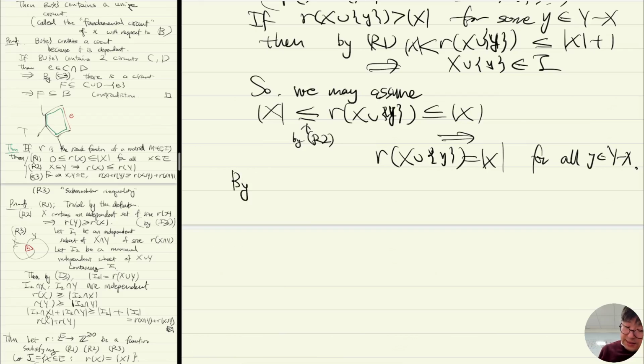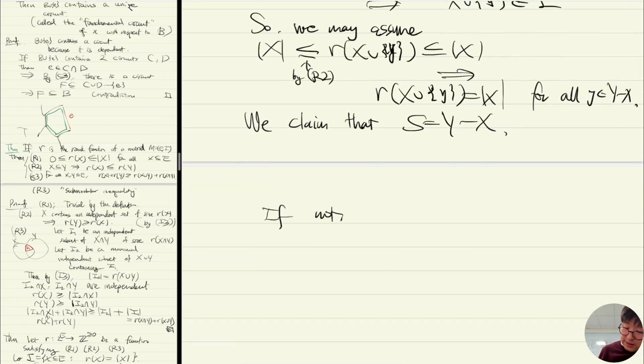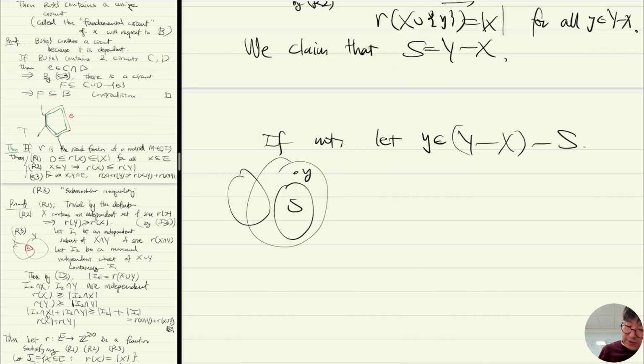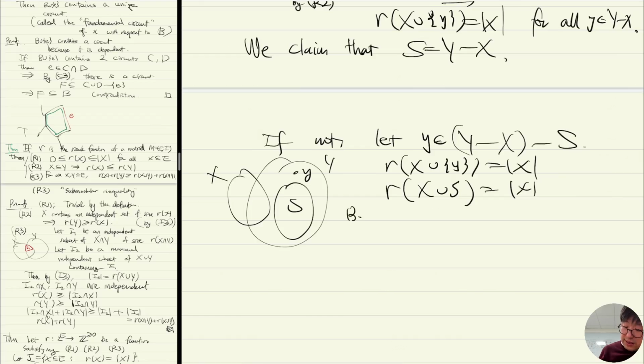Now we claim that S is equal to Y minus X. If not, let y be an element in Y minus X minus S. This is S and this is y. Now rank of X union y is equal to size of X. Rank of X union S is equal to size of X. Now by R3